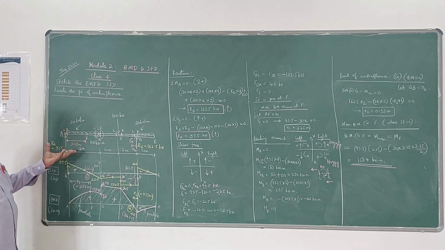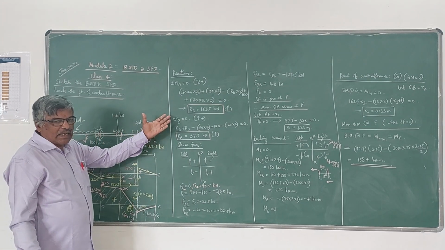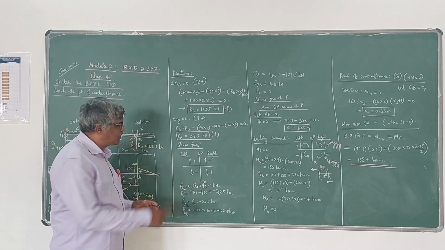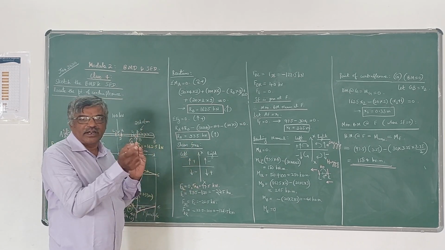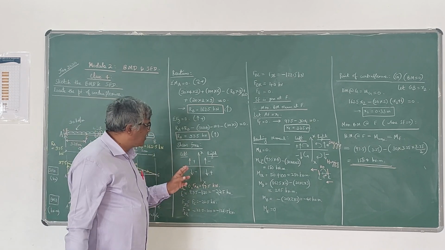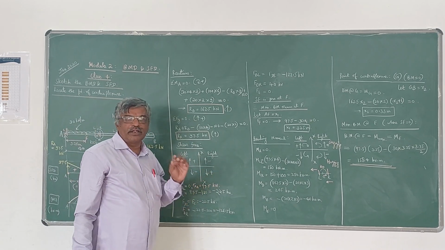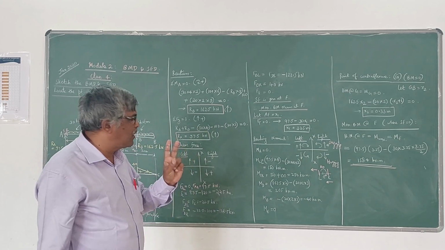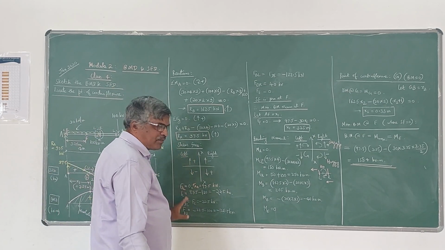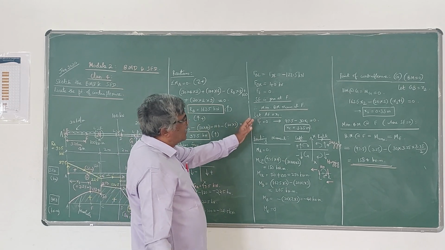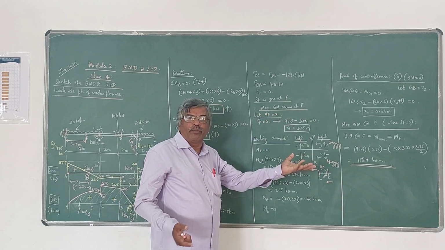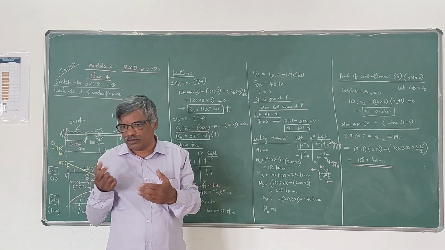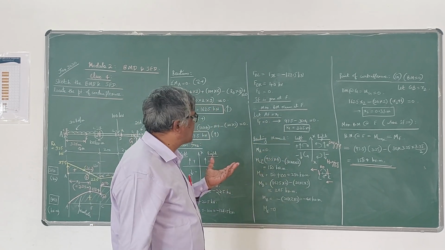So first step, you have to find out the reactions using equilibrium equations. Then write down the shear forces using the sign convention, left side or right side. Taking that view, you have to use the sign convention. And please note that at a point where point load is acting or a reaction is acting, you have two values of shear force that you have to find on left and right side. Then if shear force is 0 at any point, that point you have to locate. Assume the distance as x1 from reference point and calculate the distance x1.